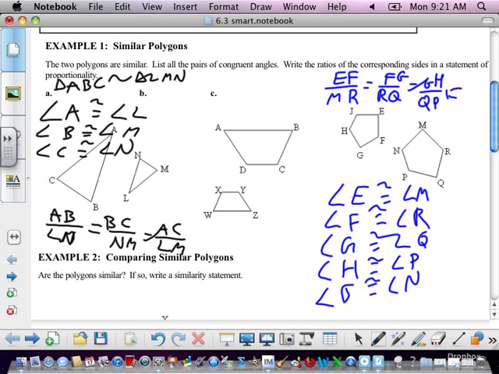What's the bottom one? J. HJ to PN, and there's one more. We've got JE and